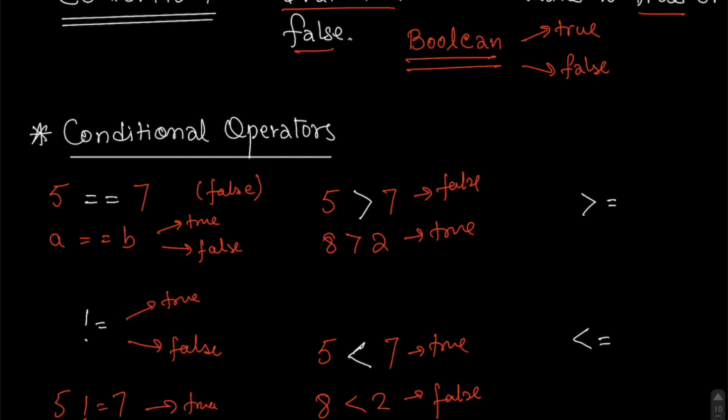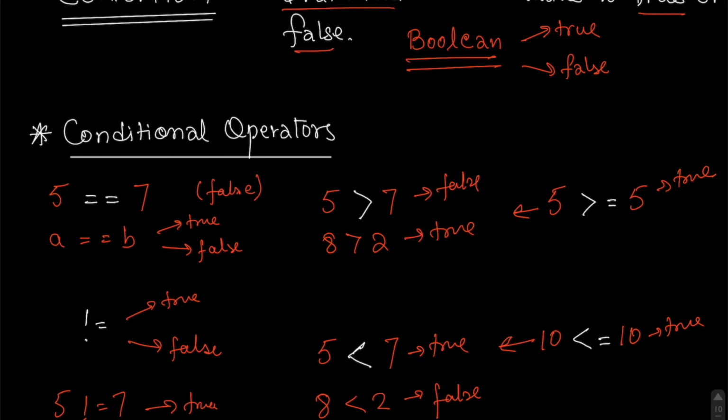The other two are greater than equals to and less than equals to. They are just the same as the greater than and less than signs, except that they also have the equals to. If we have something like 5 is greater than equal to 5, this evaluates to true. Apart from it, it works the same as the greater than sign. Similarly for less than equals to, if we have something like 10 is less than equals to 10, it evaluates to true. Apart from it, it works the same here.